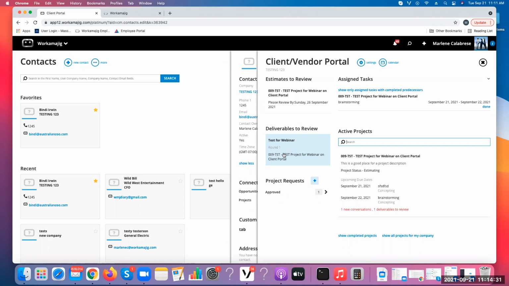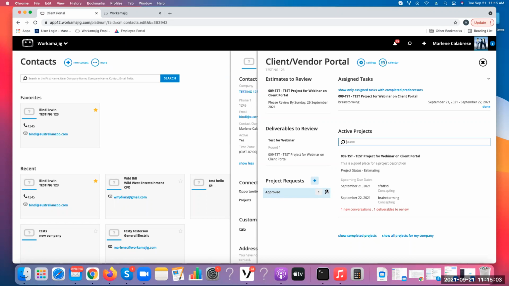But since we're only talking about the client portal in general today, we're not going to go over deliverables. And then the other thing is project requests. Now, not everyone uses project requests. In fact, I would say it's mostly internal in-house marketing groups and not traditional ad agencies. But I do have some ad agencies that, because they have long-term business relationships with their clients, and maybe they're even on retainer or something like that, they will give them a project request form that they could fill